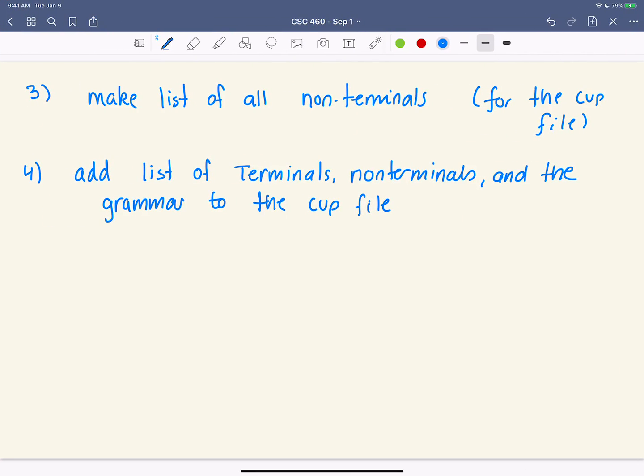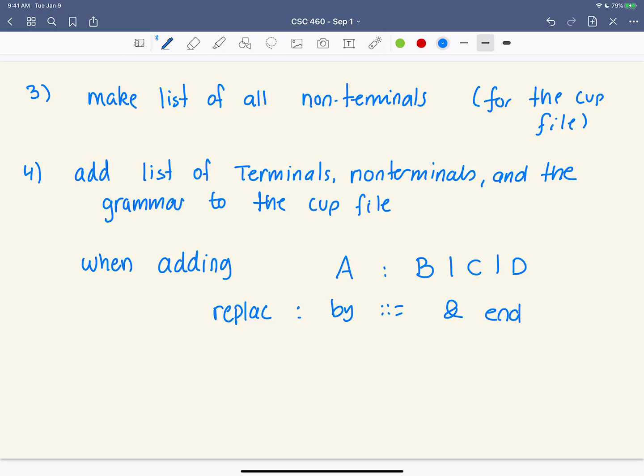So here we're adding: A colon B or C or D. Replace colon by colon equal and end in a semicolon. So I get A colon equal B or C. Actually, let's do it this way. B, C, D.